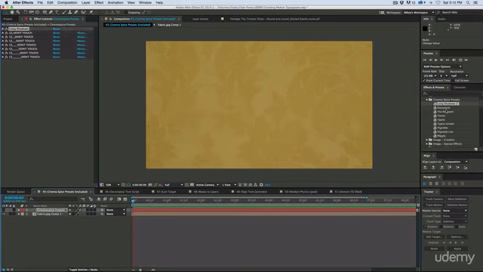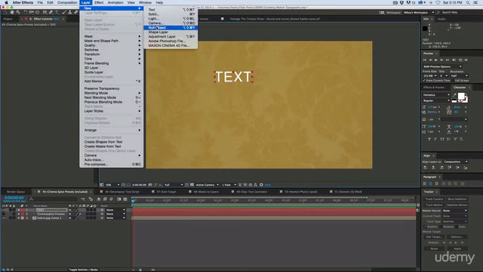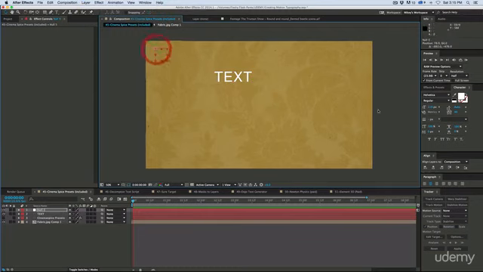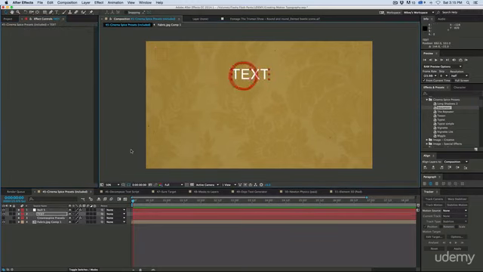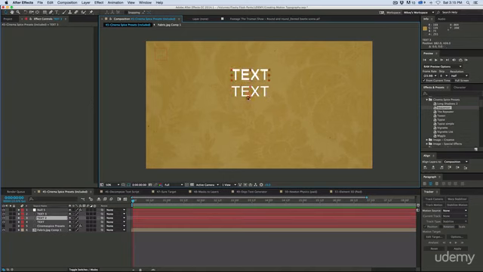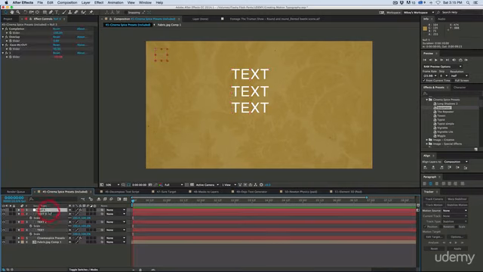Okay. Next, let's talk about sequencer. What sequencer does is, let's grab, say, some text, right? And let's grab a new null object, and we're going to apply the sequencer to that null object. There's a completion, overlap, ease in and out, and then the number of sliders. So I'm going to take this text layer, duplicate it a couple of times, and then open up the scale. I just hit S on the keyboard and it brings up the scale. Now we've got 3 layers, so I need to make 3 sliders. I'm going to lock this layer so it stays up here, and then I'm going to pick whip with expressions each of these to those sliders. So scale 1,